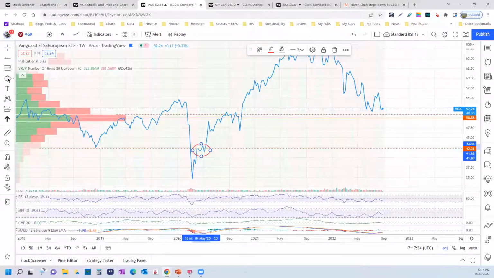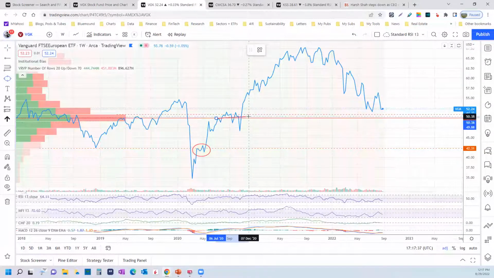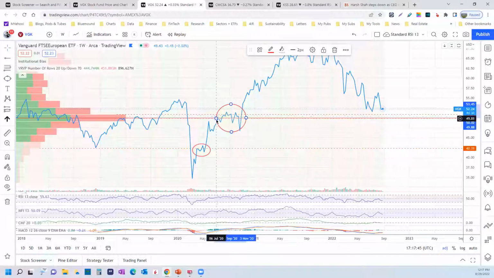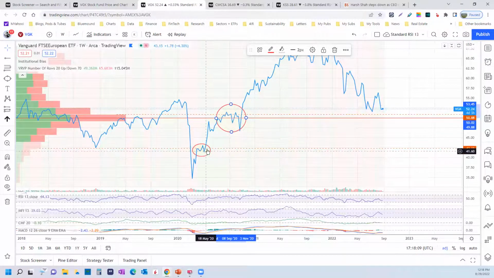Now, take a look at this. This is a pretty interesting jitterbug zone too, right? Right in there. So it gets close to testing, falls back, messes around with it, falls back, tries to get through, falls back, breaks out. So these two areas, pretty significant action, different sets of buyers and sellers who are setting the agenda at that time. So this is the people who set the base for the breakout. And this is the people that basically said, look, this is really what we think a bottom would be absent